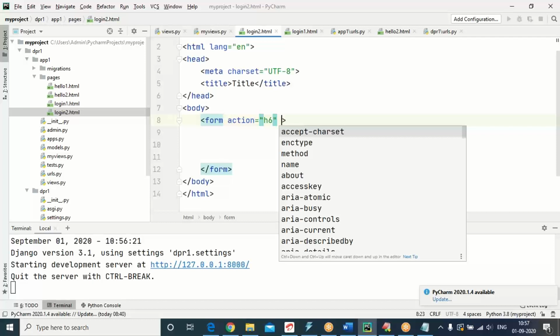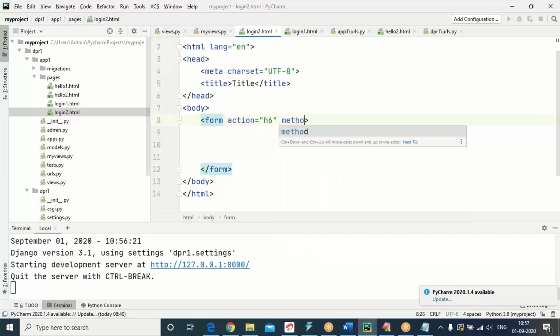How to specify post? You have to specify explicitly method as post. Default is get. If you want a post, you have to specify post.